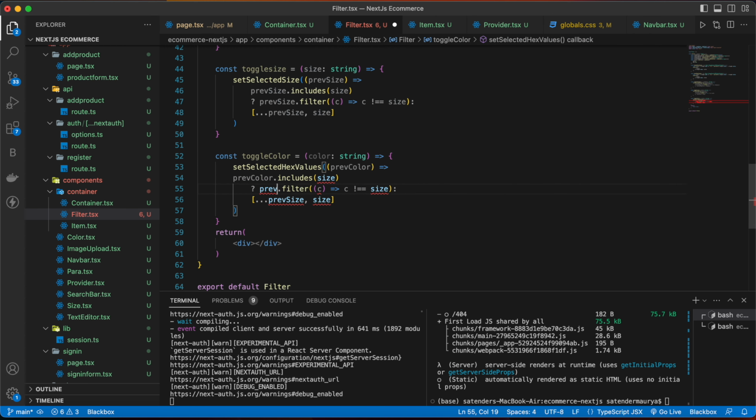Now inside that we are going to use a try and catch block. First we are going to get all the colors from our database.